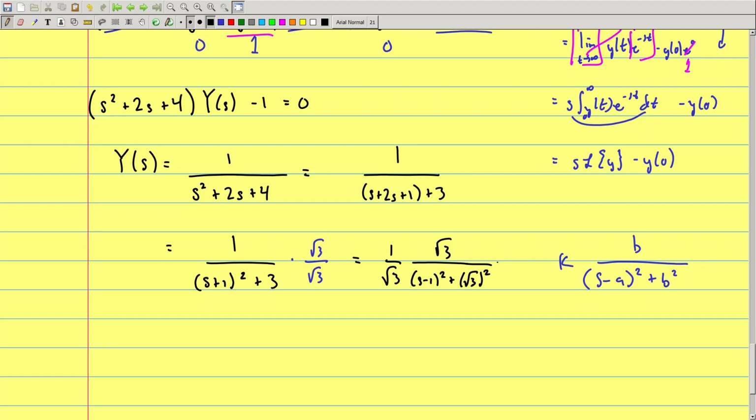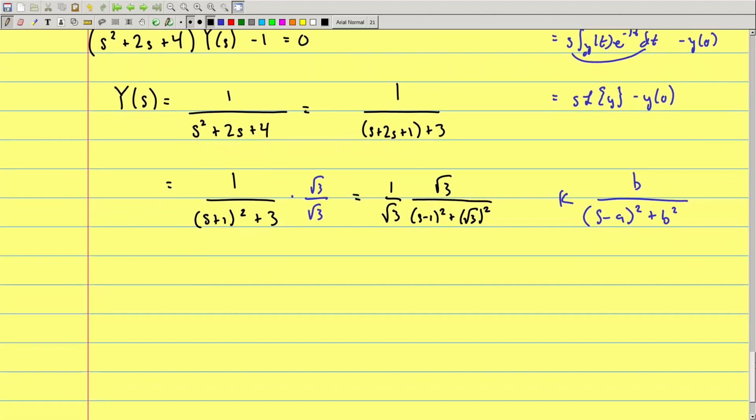It looks like this. Right? And according to the table, what this tells us is that y must be 1 over the square root of 3 times e to the minus at sine of bt,